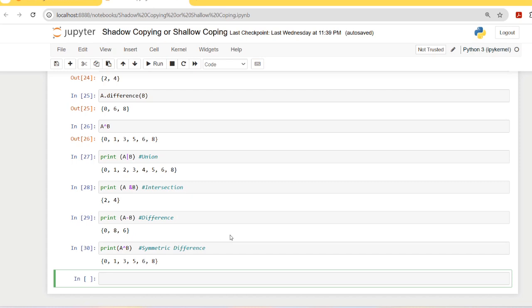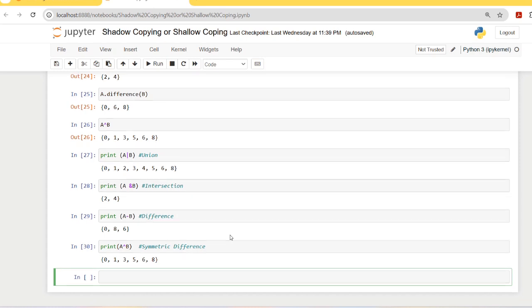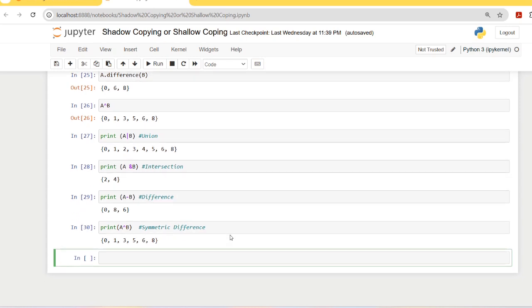It is just because sets are unordered, which means they do not store the positional index of an element in the set. That's why I said कि sets में indexing या slicing को हम execute नहीं कर सकते हैं। तो next topic हमारा डिक्शनरी होगा। थैंक यू सो मच।